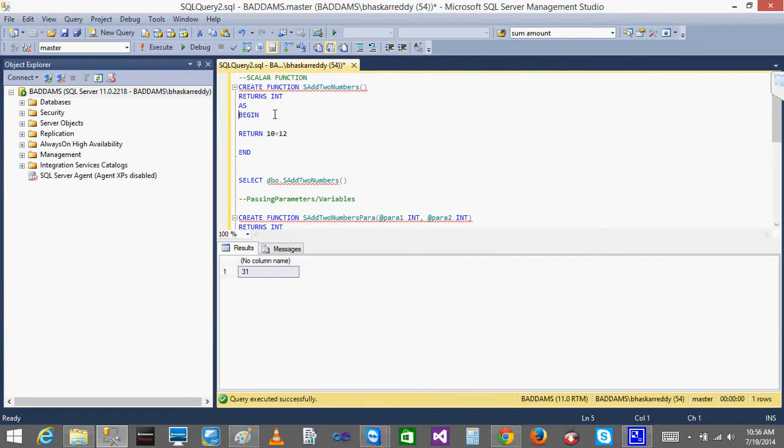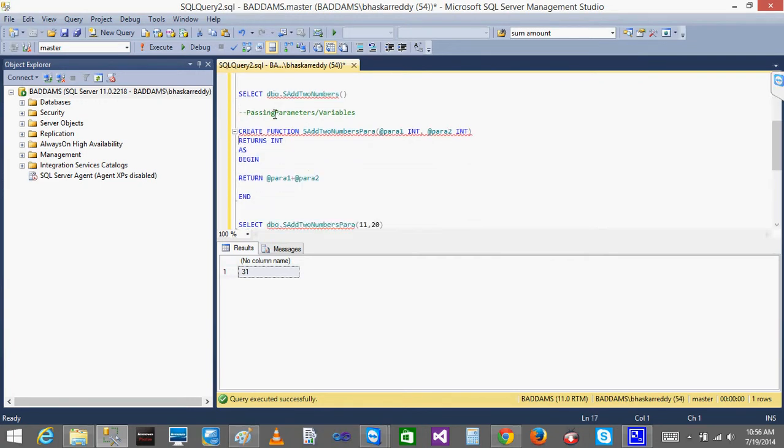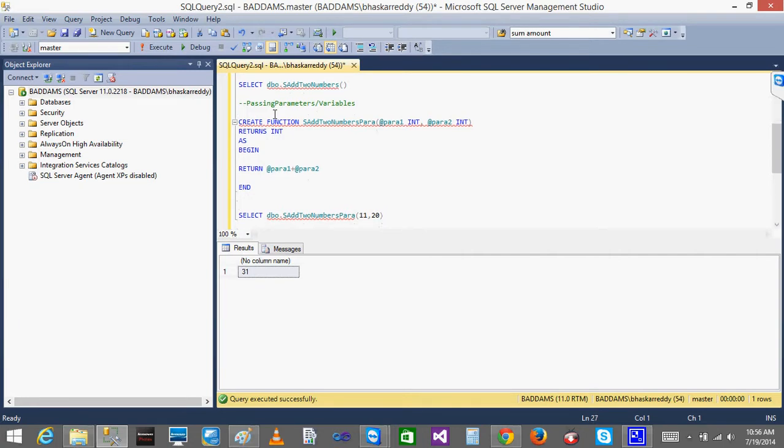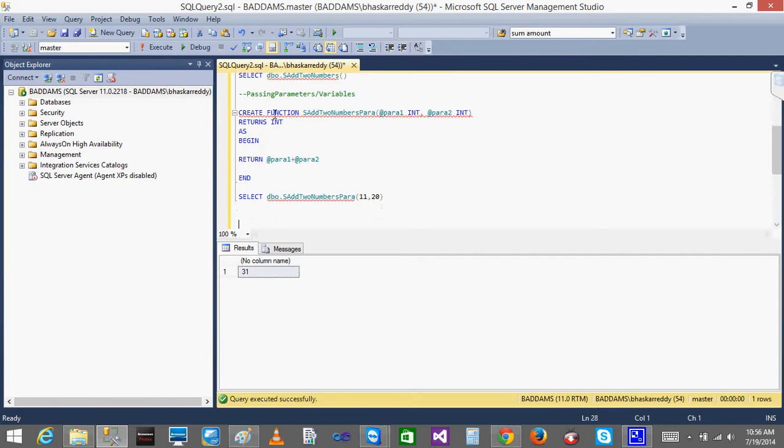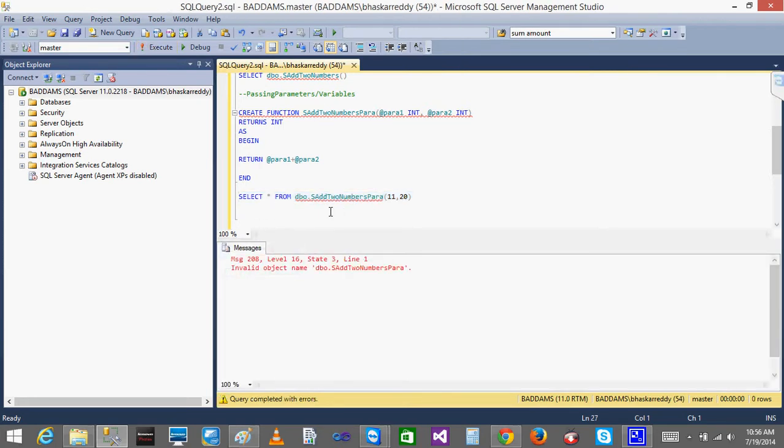Okay. The one above is a function where you are not passing any values, and below, in the same function, you are passing the values. That's it. This is for the scalar. So whenever you want to call the function, you can call it like this. You can't call this function by select star from. But there is some function you need to call by using select star from. You can assume that function as a table. I will show you where you can call and where you can't call. Okay. This is for the scalar.